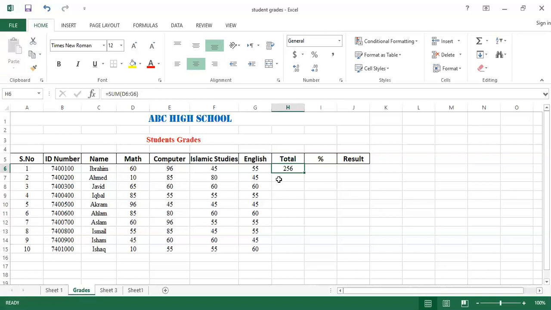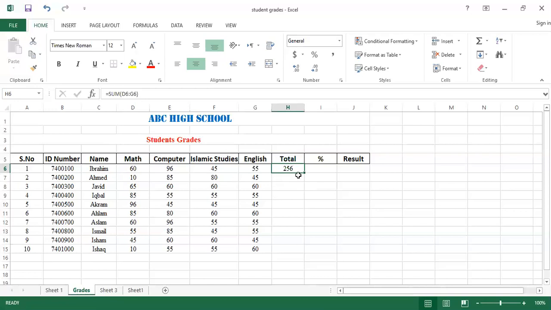So the same method I have to apply with Ahmed. Again and again I will write that formula? No, there is no need to write the formula again and again. Excel provides us the facility that you write the formula once, and after that you can apply that formula onto other values, or copy that formula onto other values.